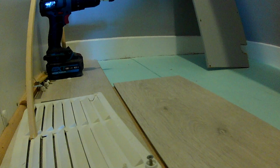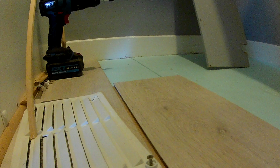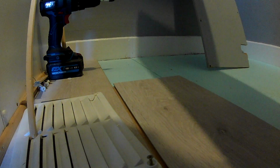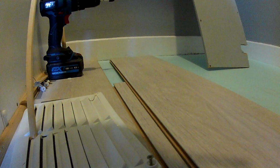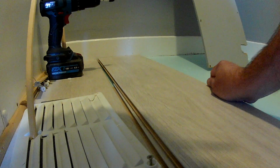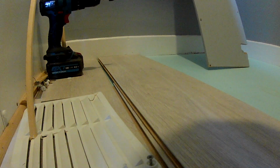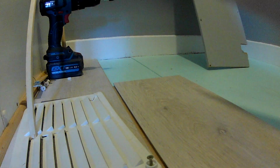So what I want to do is, there's this little lip here, we'll cut that off. But at least we can get a measure just now. We're going to do that, we can sit flush there. And all we need to do is offer up this one. Now make sure the orientation is going the right way. You've got this little lip here. That sits flush there. The fat is going to have to come off this end. So all we do is,